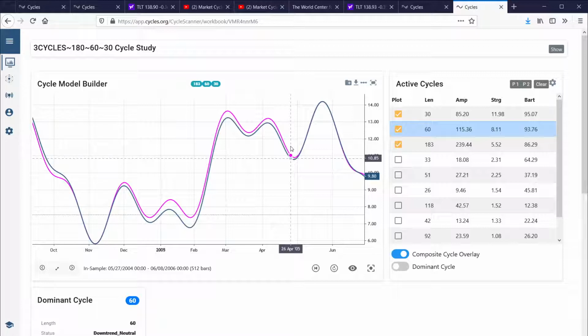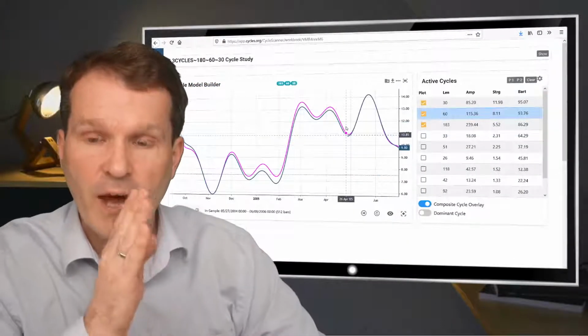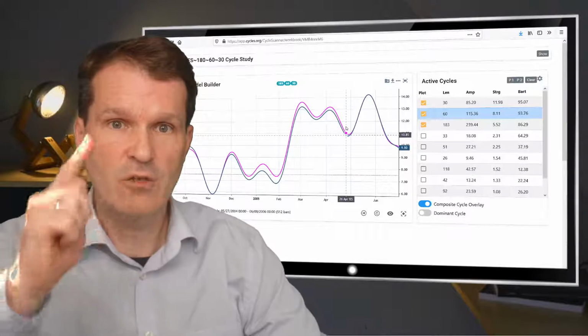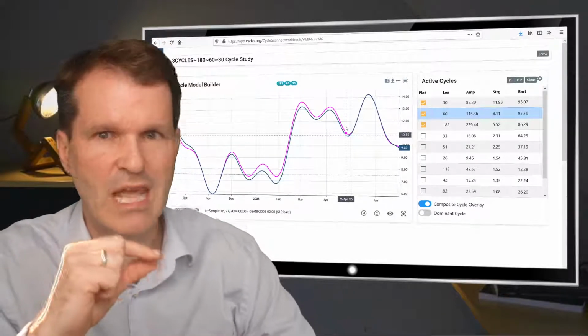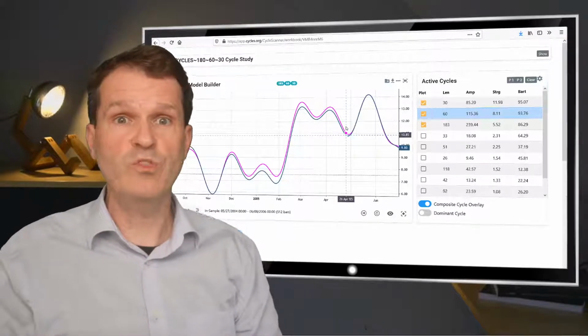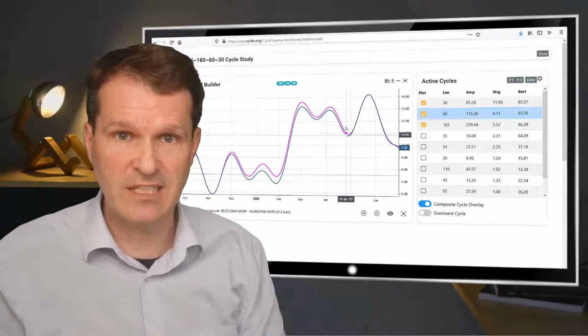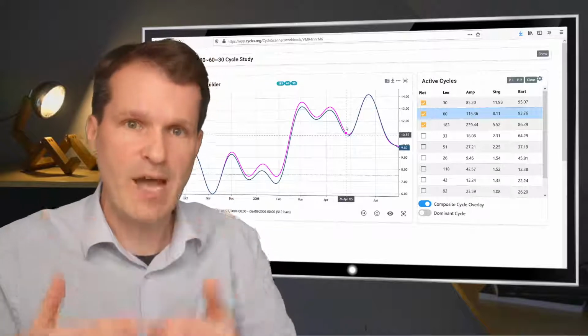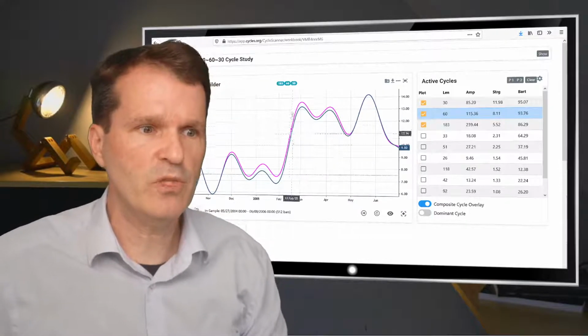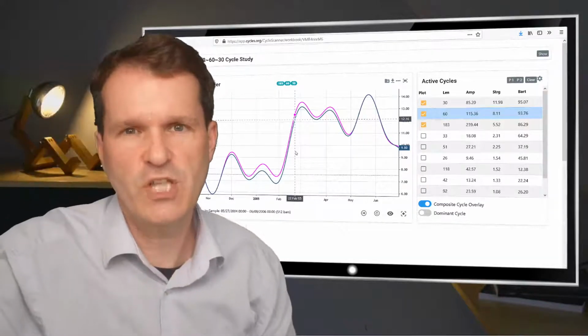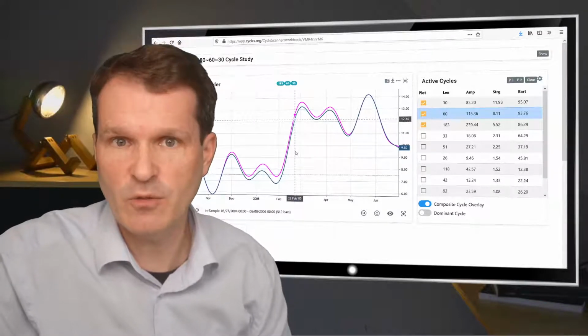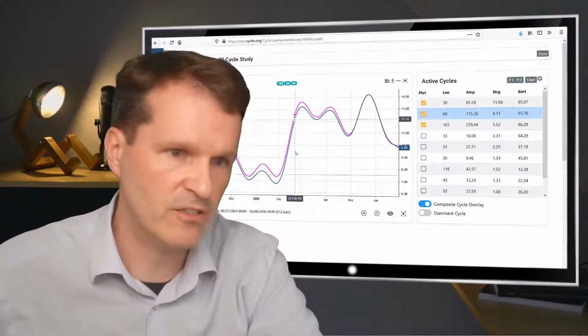Therefore, the Fourier and the digital signal processing is a little bit optimized towards detecting the exact turning points of these cycles and not the exact amplitudes, because the amplitudes are anyhow not what we are using or recommending to use for cycles. Cycle analysis is for timing purposes and should not be used to read the amplitude of the cycles to project the amount of up or down moves of the absolute price.